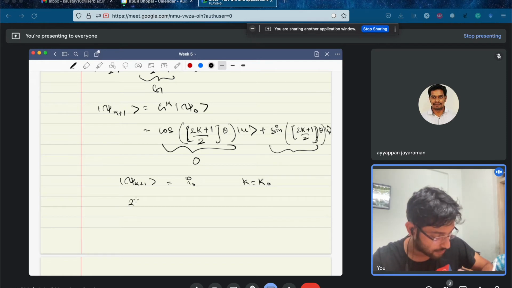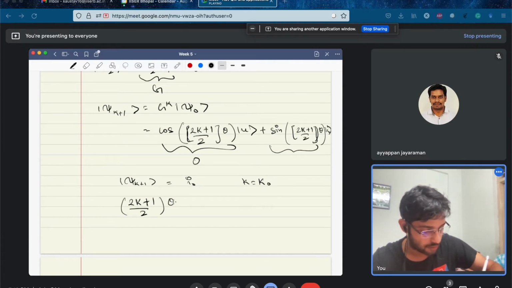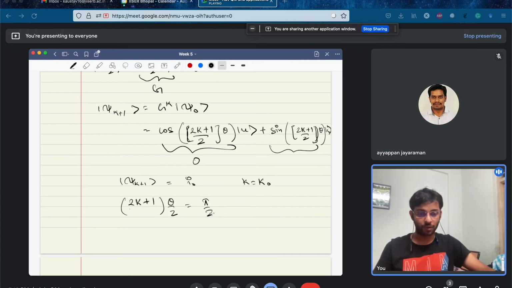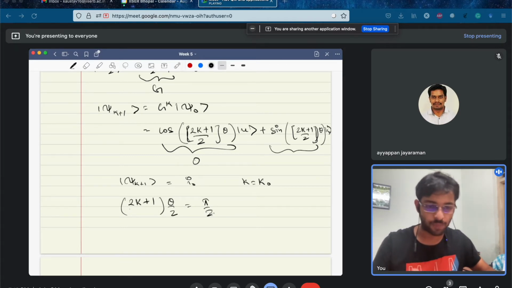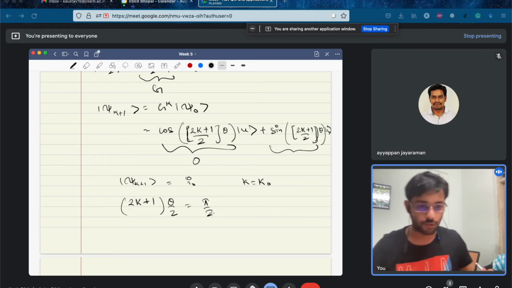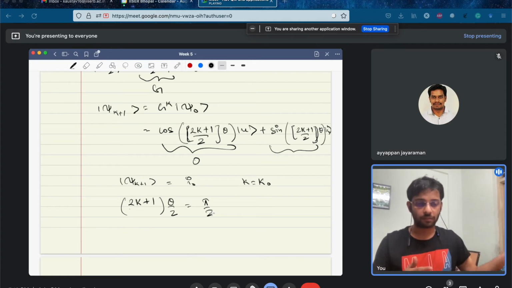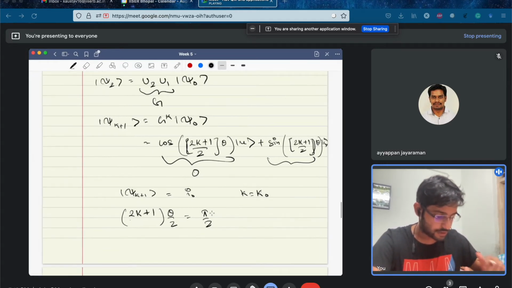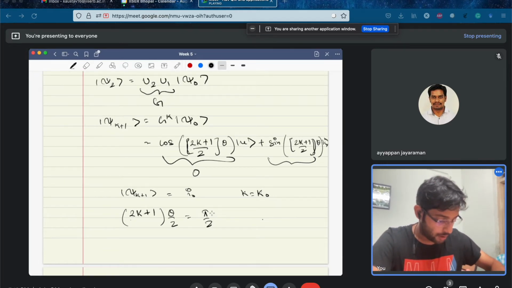So this essentially happens when you have 2k plus 1 by 2 theta, or let's say I'll write this as 2k plus 1 theta by 2 is equal to pi by 2, because you know at cos pi by 2 it's 0, right? And similarly for 2n plus 1 pi by 2 as well. Okay, so this is the first 0. Now